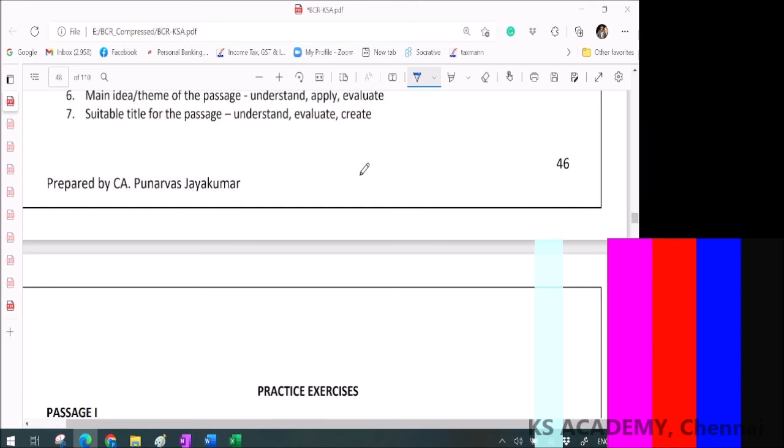So as far as practice exercises are concerned, there will be 5, one passage will be given. It can be half a page, it can be a full page, it can be